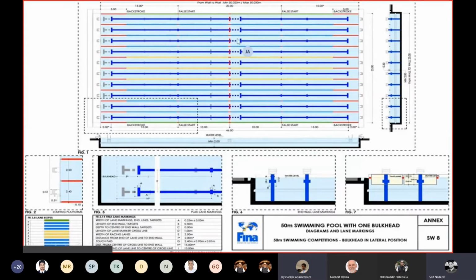So if you look at the bulkhead position, if it is in the lateral on the leftmost side, this pool exactly becomes a 50 meter pool. This is a part of a FINA document which says that if the bulkhead is placed on the leftmost end as shown in the drawing, you have a 50 meter pool with all the details, backstroke, false start properly placed. If you go in the other position,